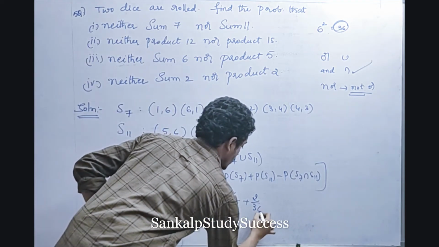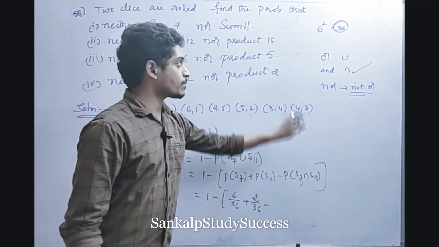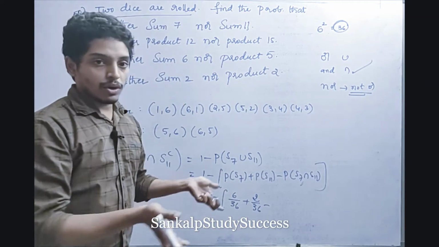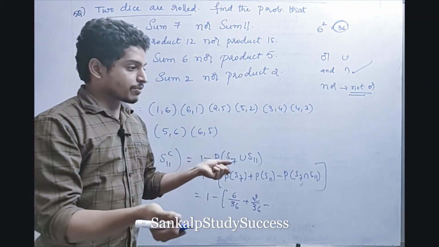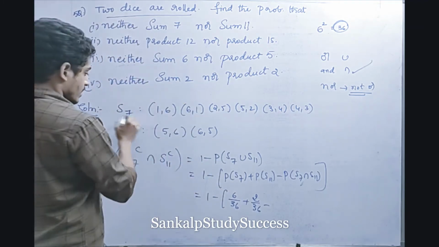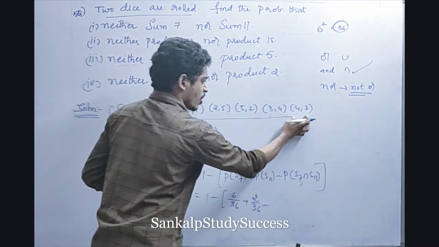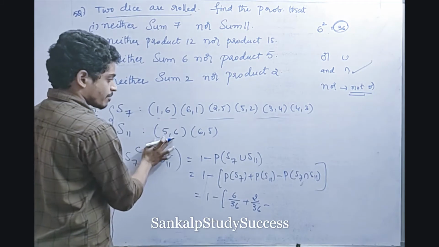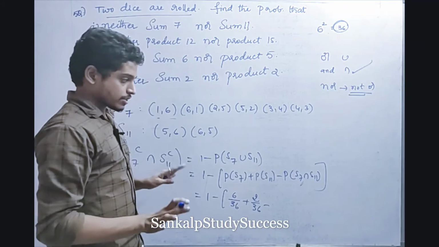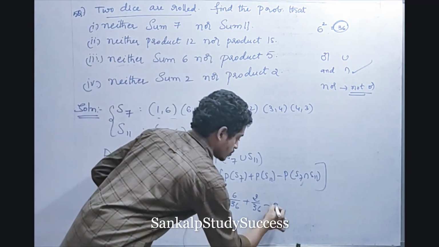2 by 36 minus. So, before getting this intersection value, we need to understand what experiment was done. 2 dice are rolled. When 2 dice are rolled, are this type of trial and this type of trial independent of each other? No, not independent. Here, look at this. These two are disjoint, friends, because is there any pair common to both? 5 comma 6 is not there. 6 comma 5 is not there. These two are mutually exclusive. Yes or no? When events are mutually exclusive, the intersection is nothing but 0, right? Yes, these two are disjoint events.